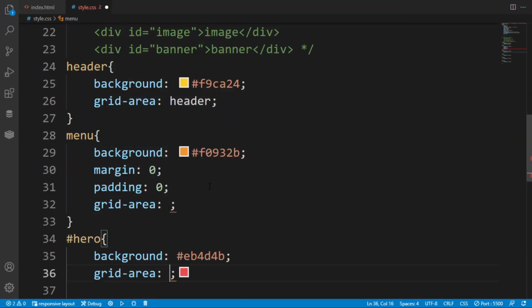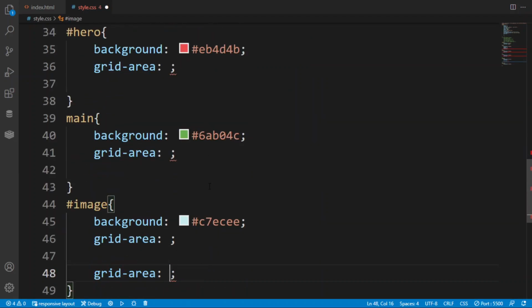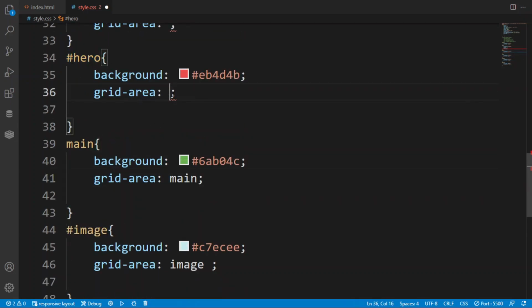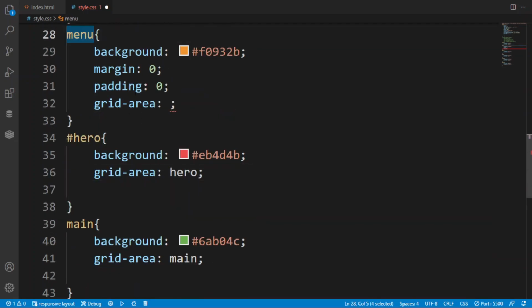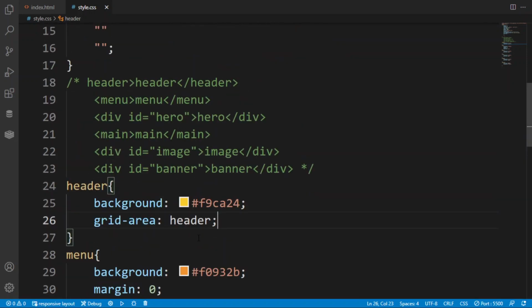Now similarly we have to give a grid area name to everything that we have created in the content. So I am doubling it, and with the alt arrow I am pasting it in each section. So here in this banner just paste it. We are going to call these things by their grid area name. As I have copied this main, when I require it I just have to write main, and similarly for all the things. So here after this, let's save it.